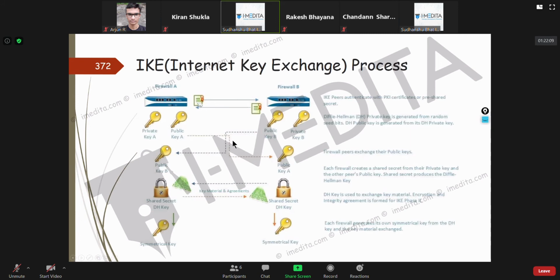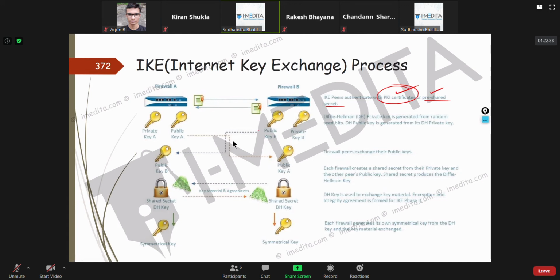What happens here is, suppose firewall A and firewall B want to establish a VPN tunnel with each other, or site-to-site VPN. Firewall A and firewall B will first authenticate with each other. They can do that using either a pre-shared key or a certificate, depends on them, doesn't matter.